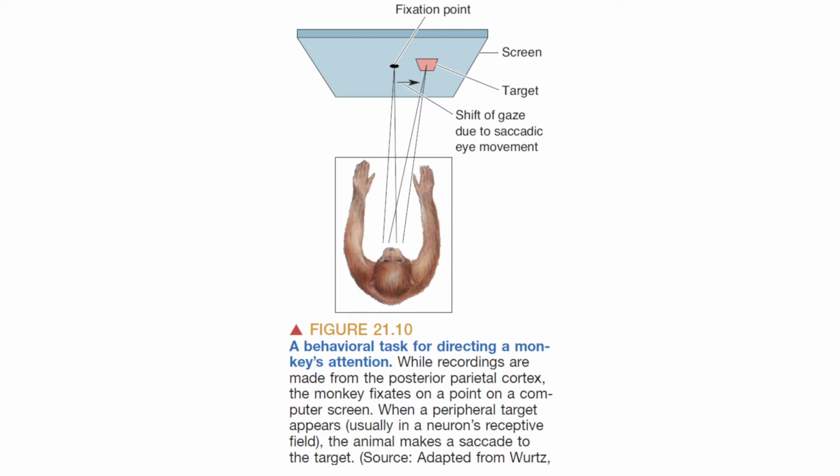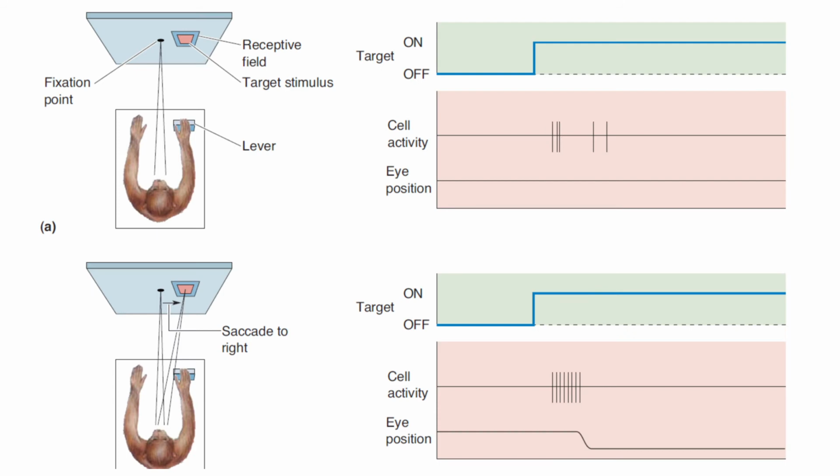This eye movement is called saccade. So this is a saccadic movement, when they move the eye from the center to where the stimulus was projected. And here we can see what happens